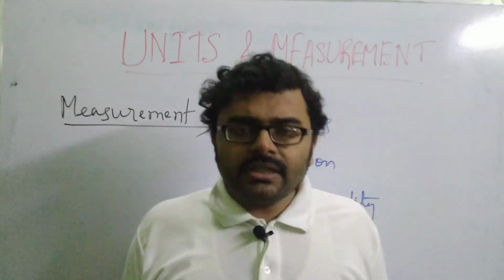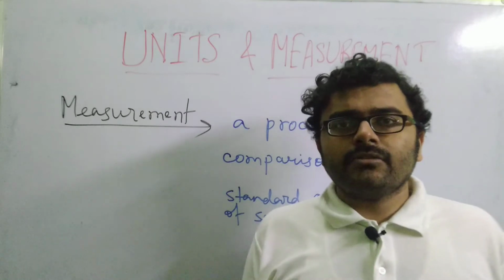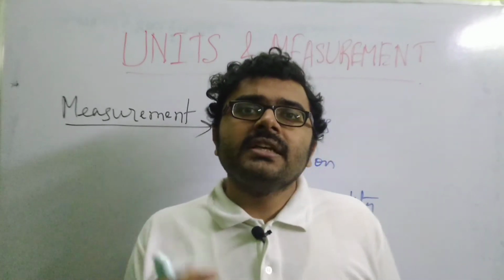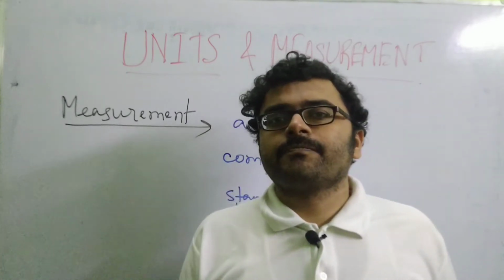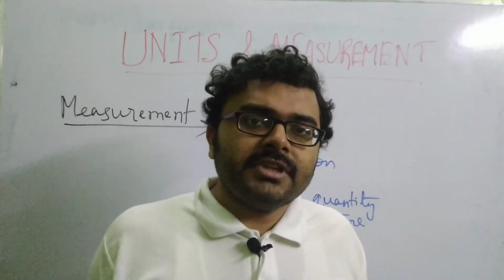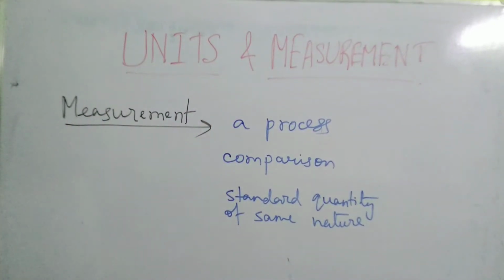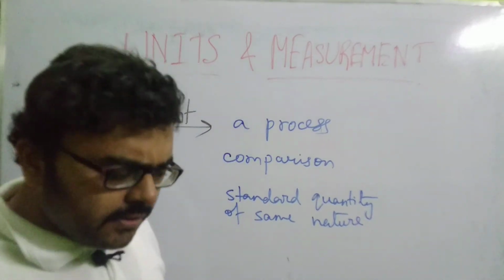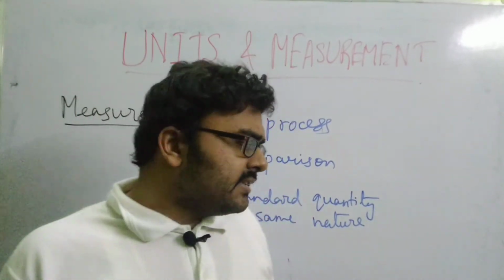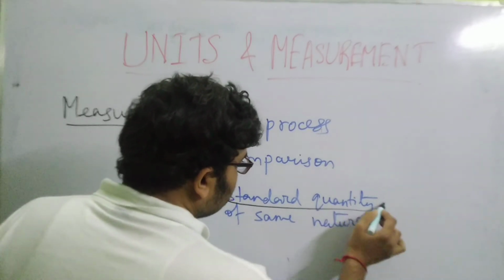So that is why we are mentioning the term that while you are comparing with the standard quantity, that standard quantity must be of the same nature as the physical quantity you are trying to measure. Okay, so I think the concept of measurement is clear. Fine. So this is the process of measurement. Now, while you are talking of measurement, we have said a standard quantity. So focus on this word. You have said standard quantity.